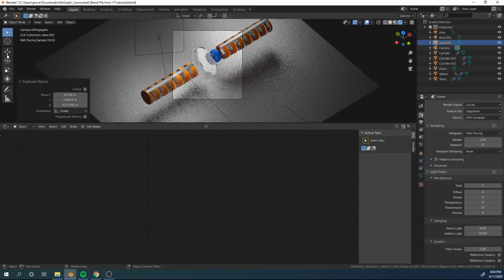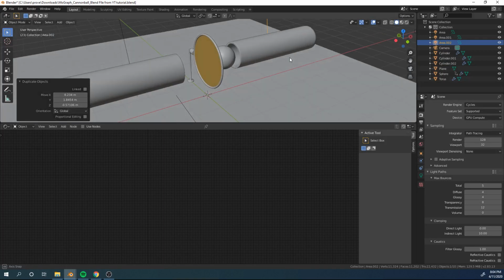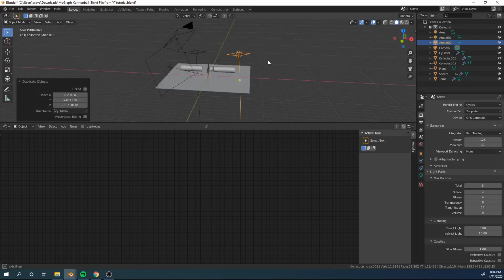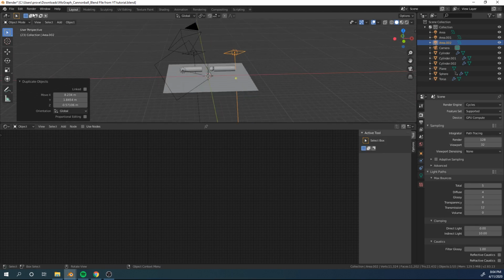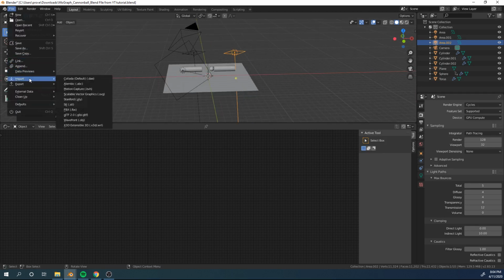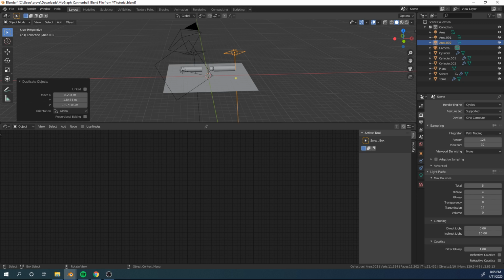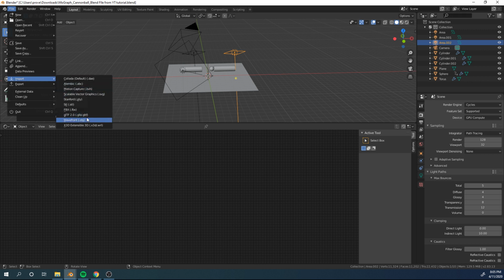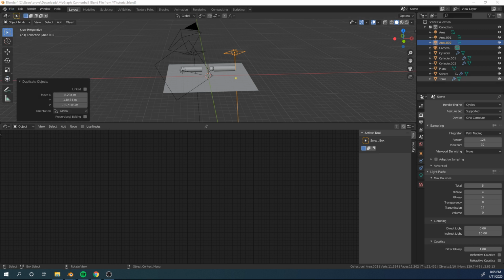I'm going to have some fun by importing a mesh. Where's it at? Hold on one second here. File, import, obj. And I'm going to import a